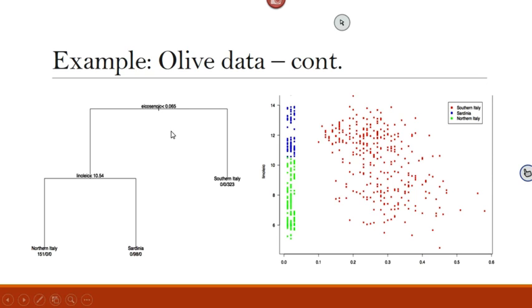So this is part of the tree where we have one of the 8 measurements, and if the value is less than what we have here, it will go and ask another question. But if it's greater than, we can determine it is from southern Italy. And now the second question, based on another predictor,